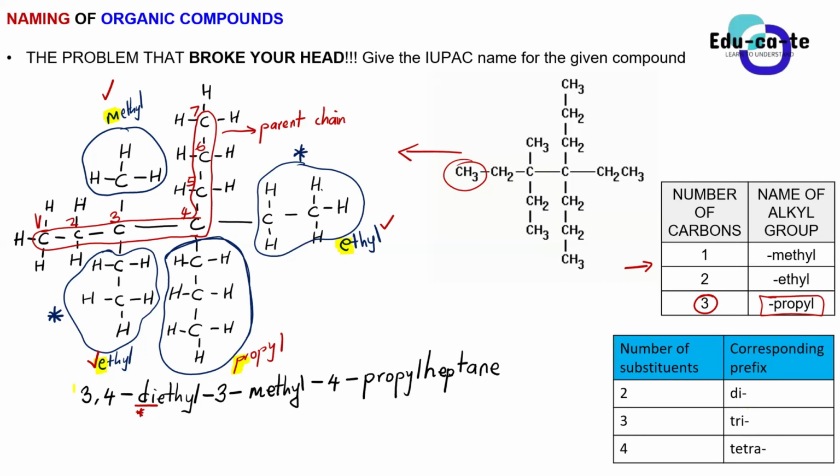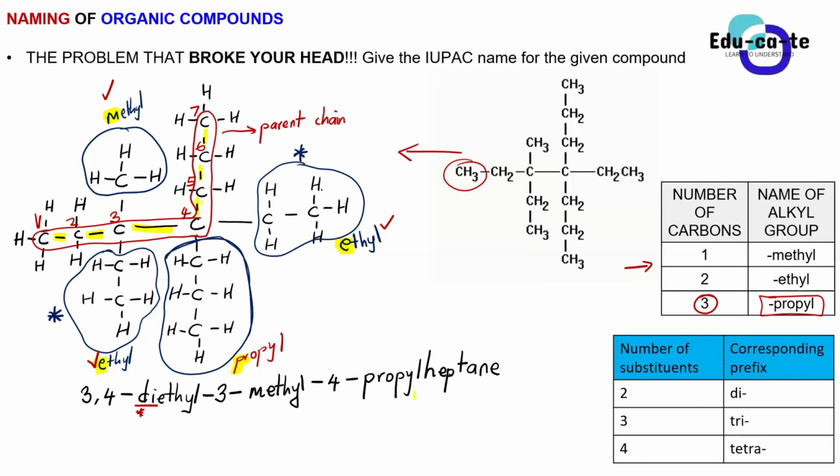Okay, guys, the functional group of alkanes is found everywhere, because the functional group of alkanes is just single bonds between carbon atoms, and here we have single bonds between carbon atoms everywhere. So you don't have any particular position that you would mention, such as carbon 2 or carbon 3, because the single bond, which is the functional group for alkanes, is found everywhere. So that's why we will have this as the final name.